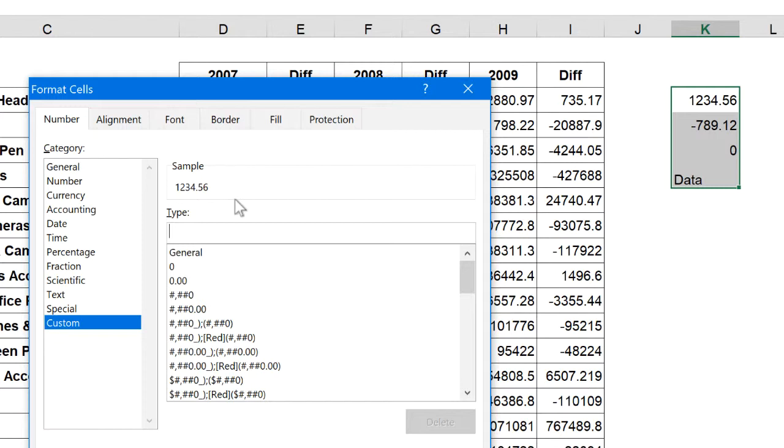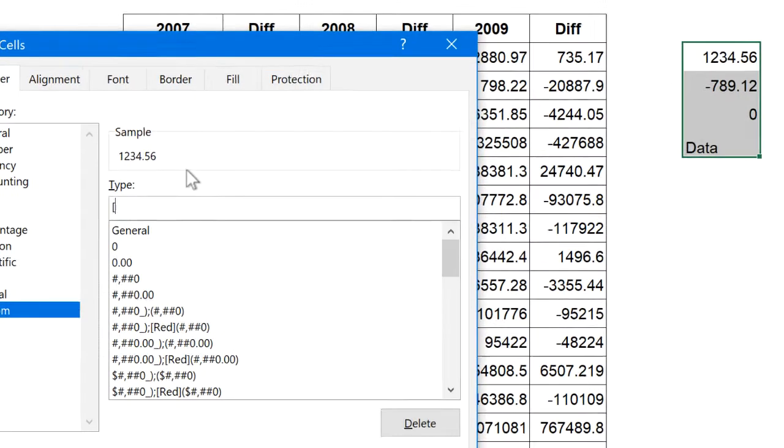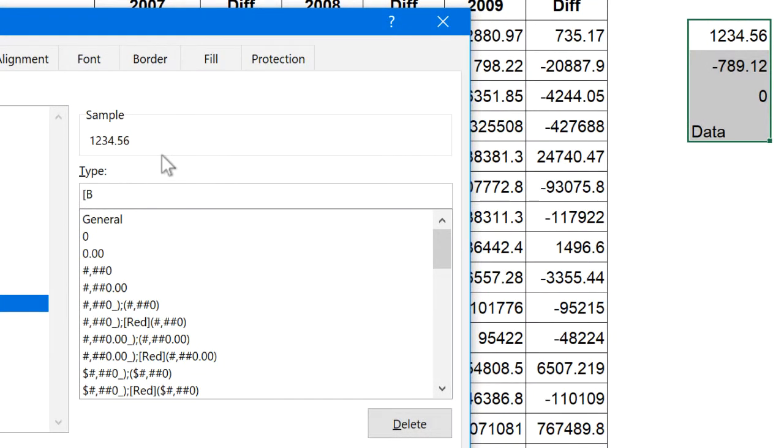So we know this number is a number in the thousands, so we would like to see the thousand separator. Or you know what? Let's do some coloring first. So we can color this blue. So every positive number is going to be colored blue,